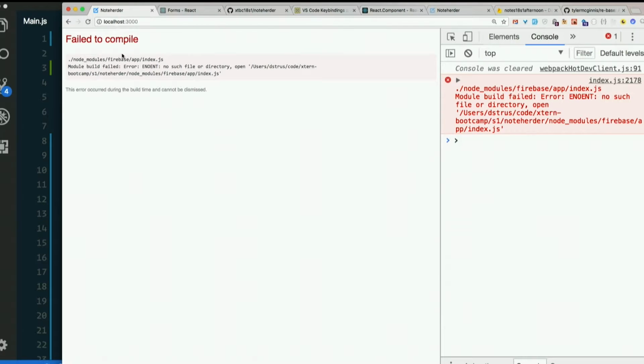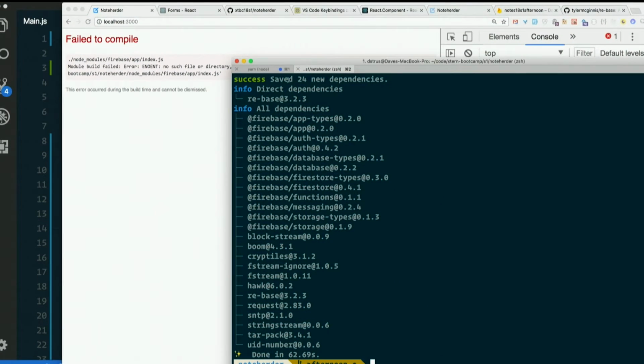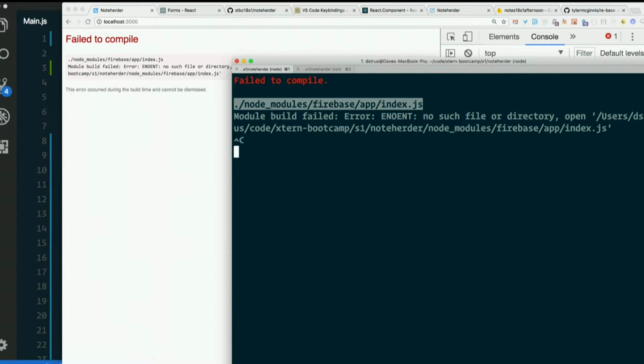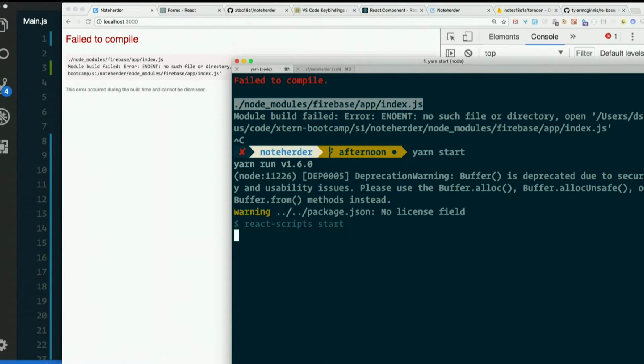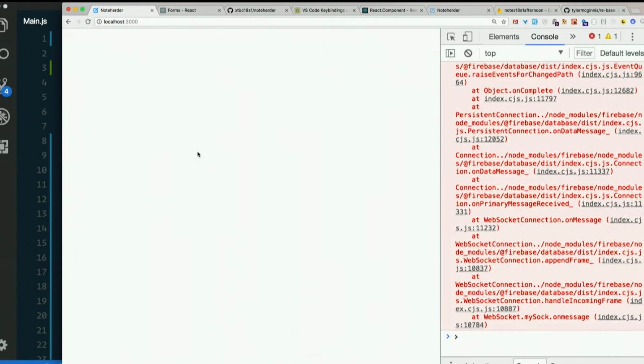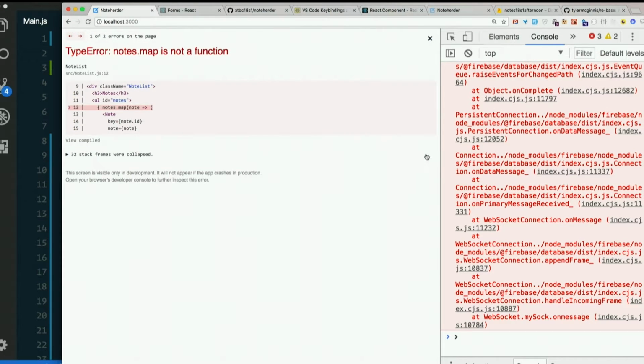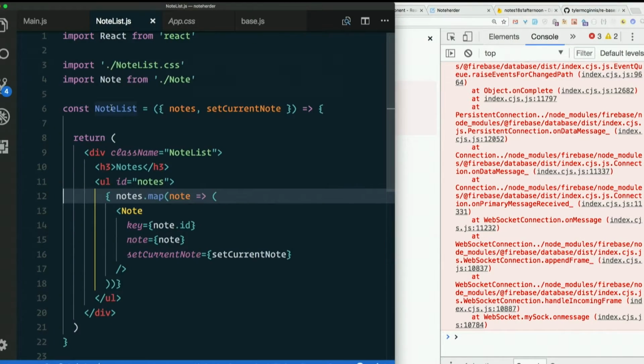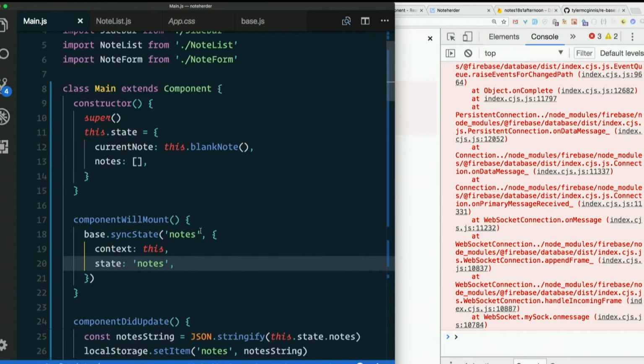Okay, I'm getting basically that Firebase doesn't exist. So when you run yarn add, you usually have to kill your server and run it again. Not necessarily going to pick it up. Okay, so it loaded there and then it exploded, said notes.map is not a function. Because notes.map needs an array, right? And Firebase is giving us an object. So we better say as array